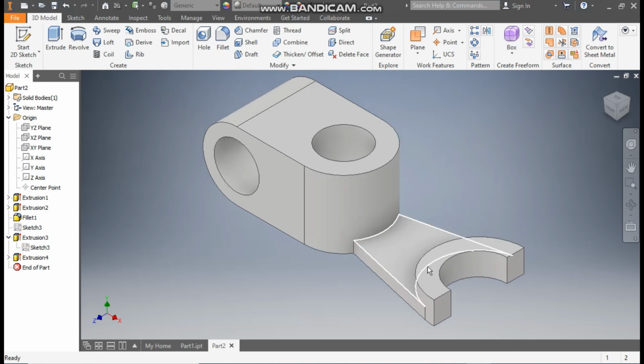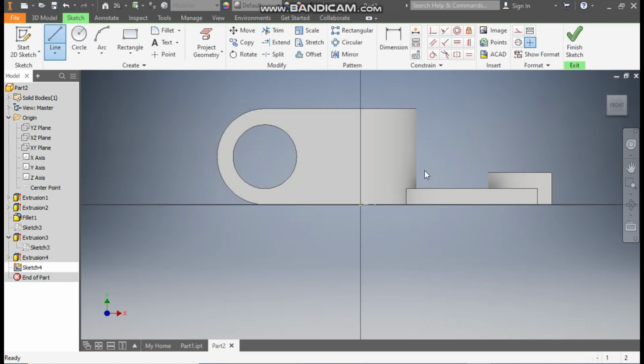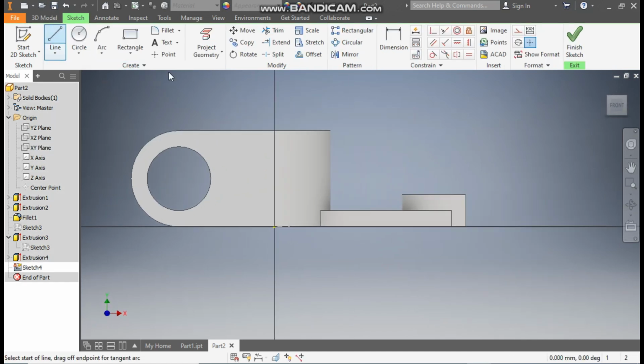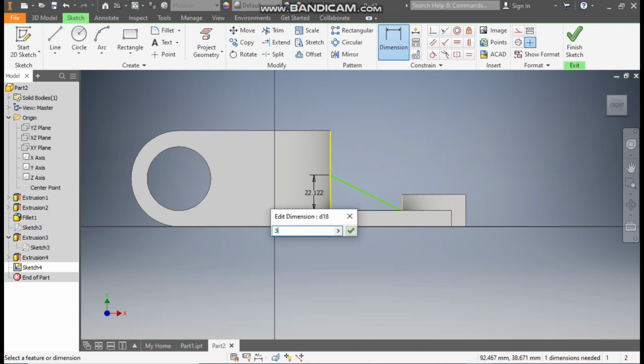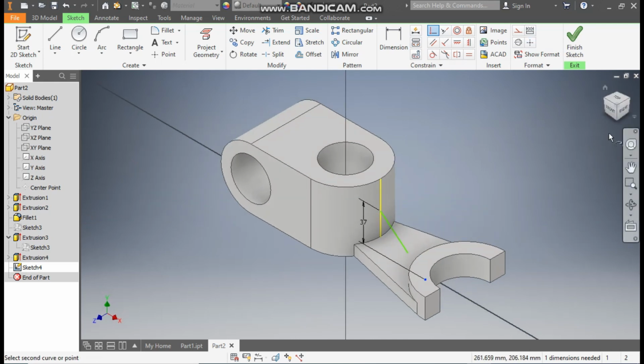Now here we are going to make the rib profile. Okay. So select the XY plane, go to create sketch. Here take the line command, make one line till this end point. Okay. Go to dimension, define the height here as 37 mm, okay. Now here take coincident, select this point, rotate to home, rotate,